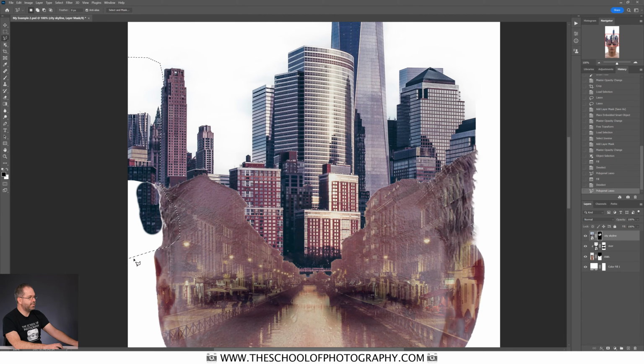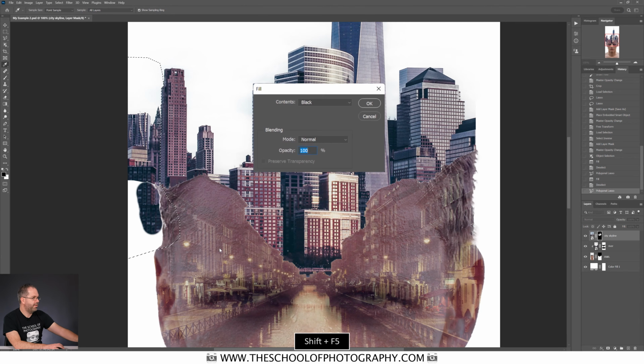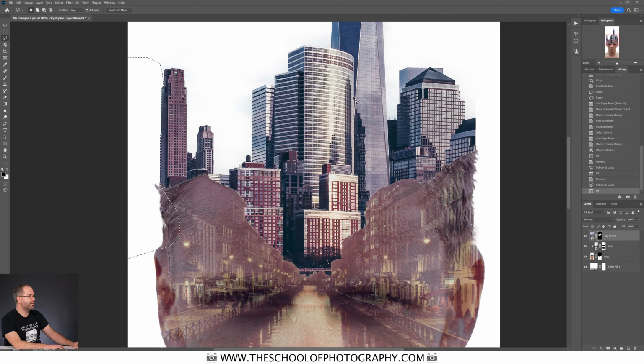The reason I went into the head there is because I want to get rid of this section as well. Now remember, we're only working on the mask of the city skyline layer, so it's not going to affect the man here. Shift F5, contents black, all the same settings again, click OK, and there you go, it masks all that side out as well. Press Control D and deselect, and then if you want to at this stage, we can tidy up this area here